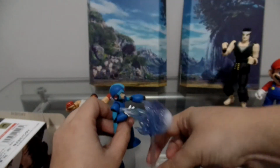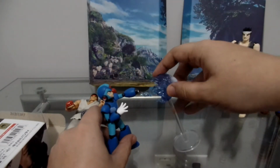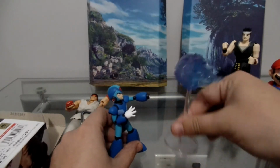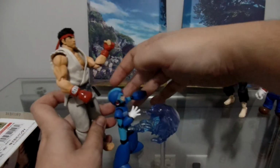Oh! That's actually... Oh, it's just slightly too high. Unless I have him aiming it upwards. You know? Like that. That's pretty cool. Hadoken is kind of a multi-purpose thing. I mean, it's clearly a Hadoken, but at the same time, I could use it for a number of stuff, so...